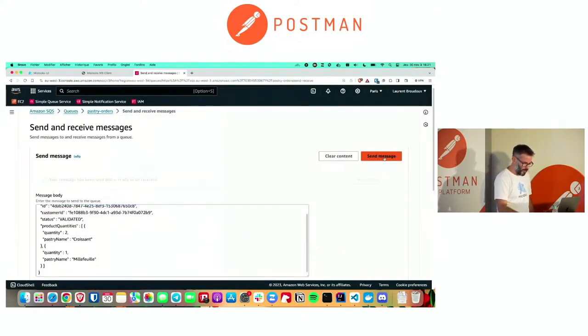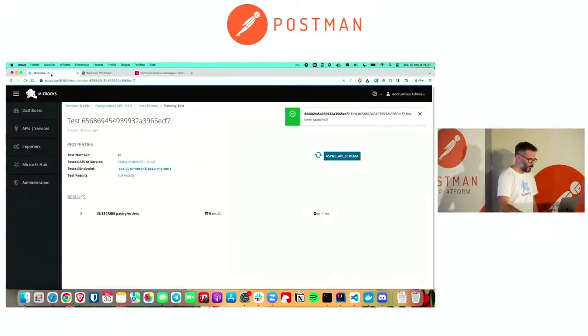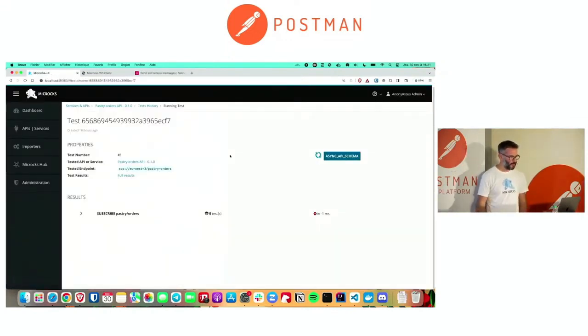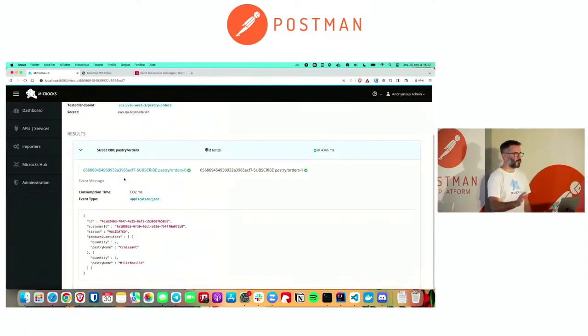And quickly send a message, send another message. 2 should be enough. And the default is 10 seconds. It is waiting for 10 seconds. And yes, should be OK. We have found 2 messages, and you have access to the full results. So you can see everything is green right here. So you have no drift